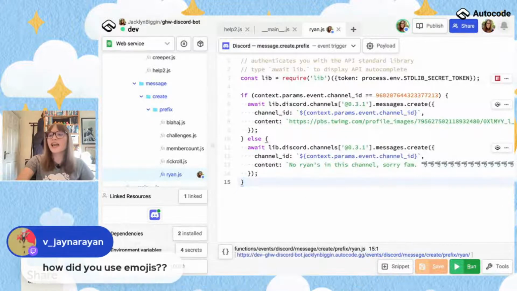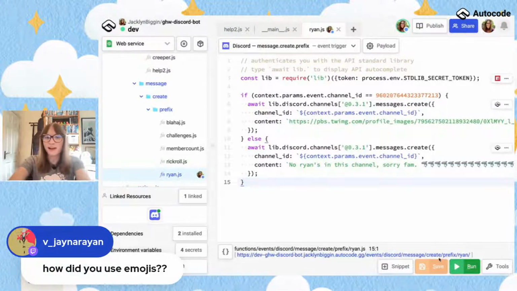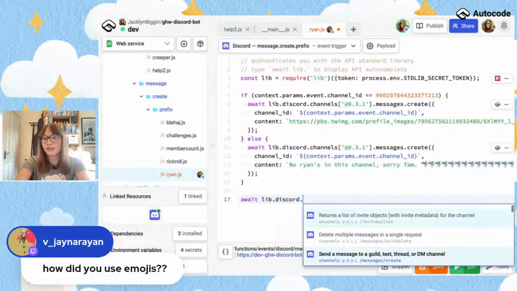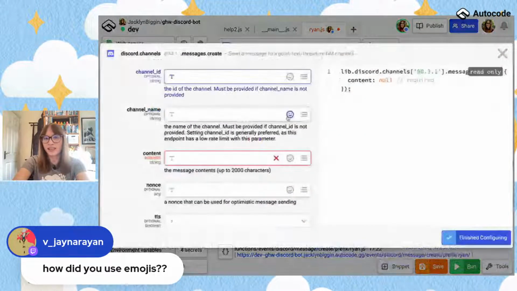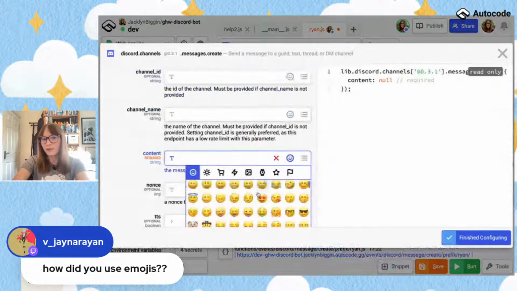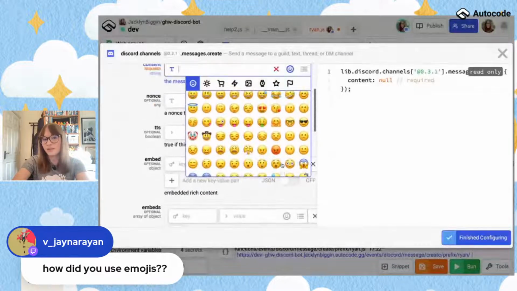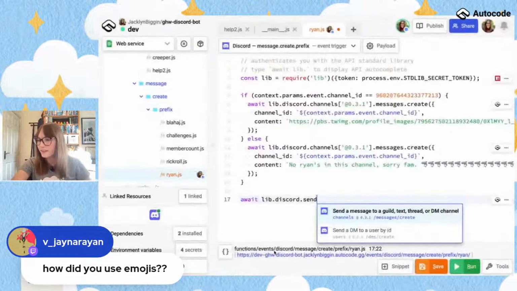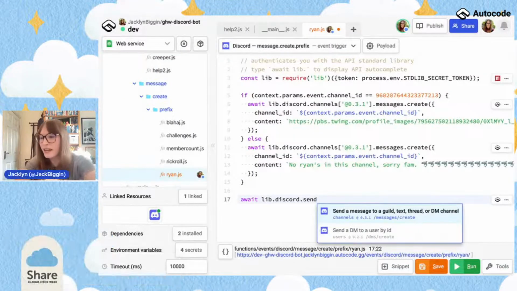How do I use emojis? I have a touch bar Mac, so I was just using my touch bar, but you can just copy paste them in. That's the easiest way. Although if you are still in autocomplete, so if I just send a message again, you can just click here as well, and you've got a little emoji pop up. So that's also how you can use emojis. It's like magic. Bazinga.